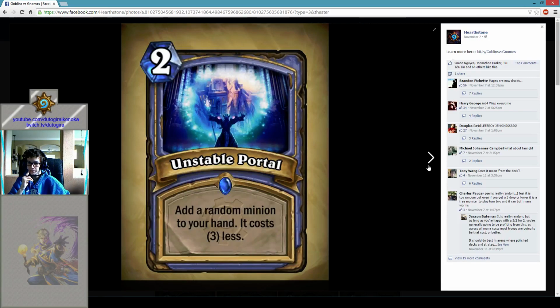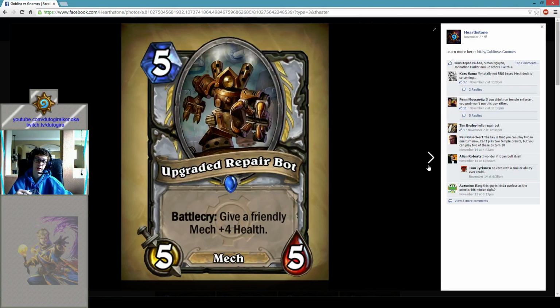But, yeah, this could be a very interesting card. It's so random, though. So random. I would never play this in a deck of my own. But maybe it will see play off of others. Don't know. Next up, Upgraded Repair Bot, a 5-mana 5/5. Hey, good stats. With a Battlecry of give a friendly mech plus 4 health. This is...